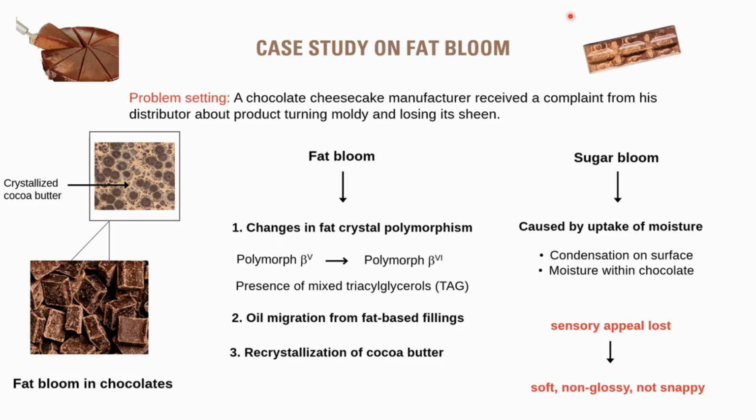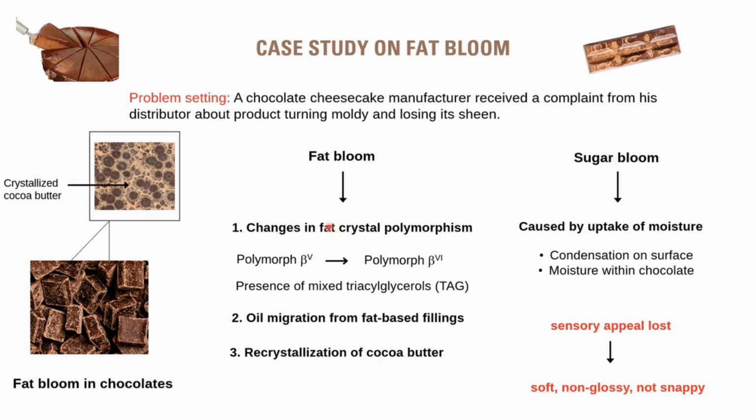Chocolate bloom is a well-known phenomenon to all chocolate lovers and manufacturers. There are two types of blooms that can be seen in your chocolate products. First is fat bloom, and the second one is sugar bloom. Although both result in loss of shine and appearance of chocolate, the mechanism by which they are formed differs due to involvement of two major macromolecules in food, that is fat and sugar.